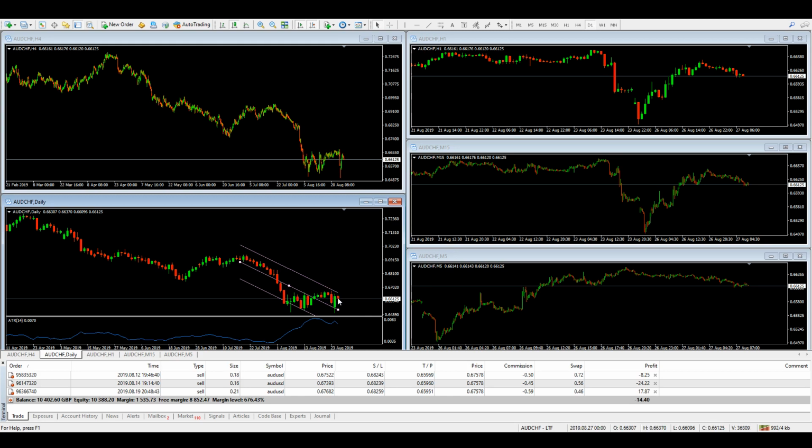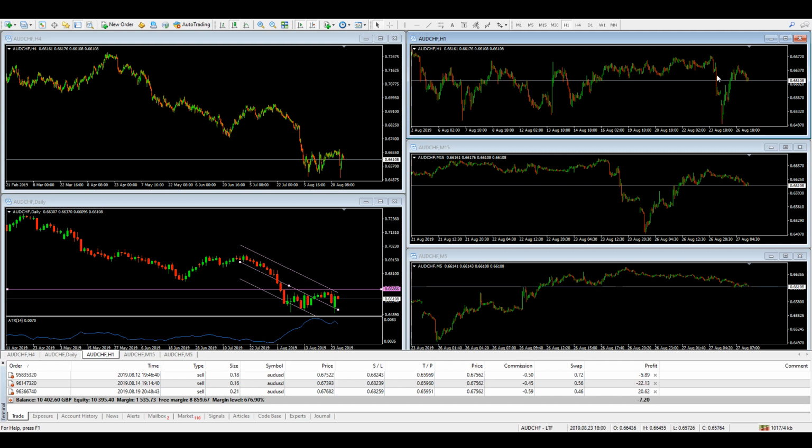I like to see nice small candles to allow for an entry to the short side. It is still tradable, but the reason I wouldn't be in this at the moment is because I'm already in AUDUSD, and I want to avoid any currency correlation because they are moving very similarly at the moment. But if you were to trade this, the way that you could do this for an entry,